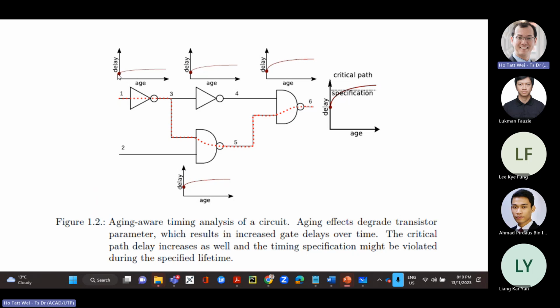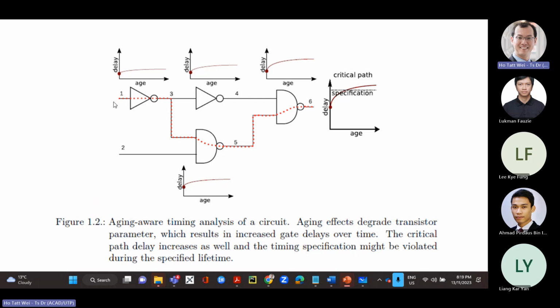Starting point when you've just made the circuit, you could have recorded a delay, certain number of nanoseconds propagation delay or femtoseconds propagation delay over this NOT gate, right? But as the gate ages, that means you're using it 1 year, 2 years, 3 years, 4 years, 10 years, the delay increases because the circuit grows old, inverted commas. So there are certain effects that make it slow down.